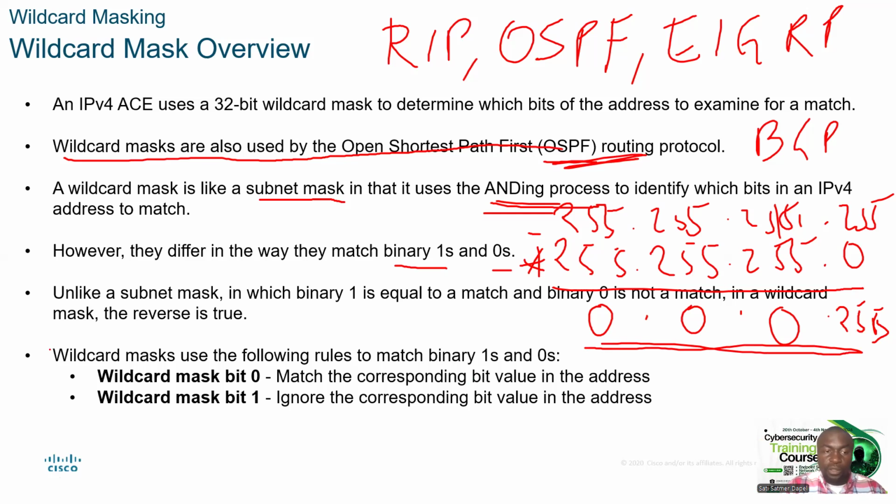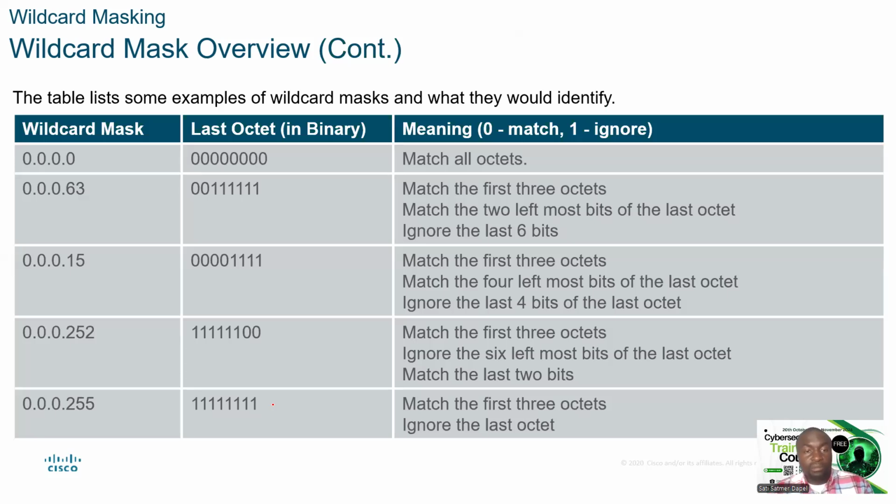Right? Good. So wildcard mask uses the following rules to match ones and zeros. Where there is a 0, you get a match, a 1, and things like that. That is using binary. But I've just shown you the shortcut. Whatever your subnet mask is, subtract it from 255 all through, and you will get your wildcard mask. For the sake of the binary,